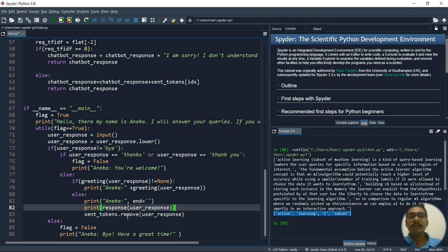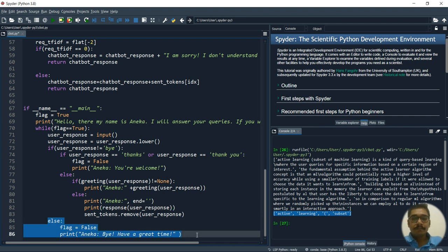So all the sent tokens will be removed from the user response. Every time it has to fetch the new tokens from the user and appropriately respond to that. That is the same thing, and this I've already explained. If this code is understood, then it's very easy.